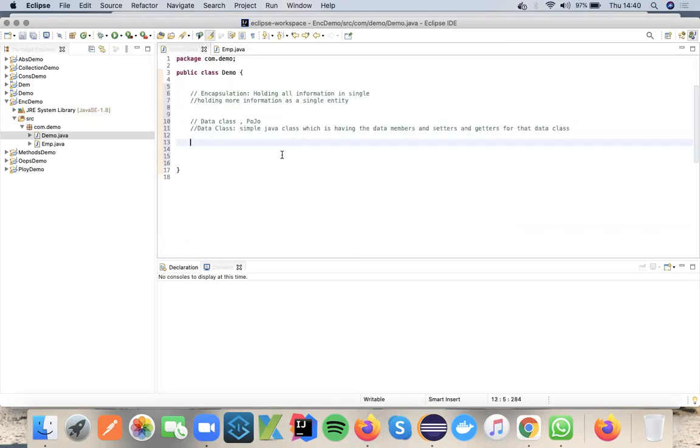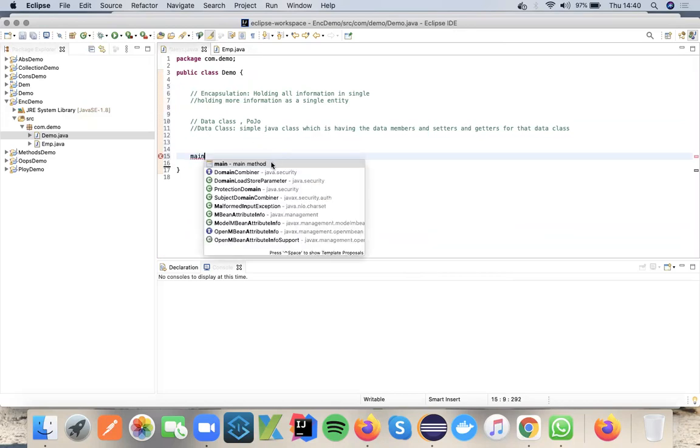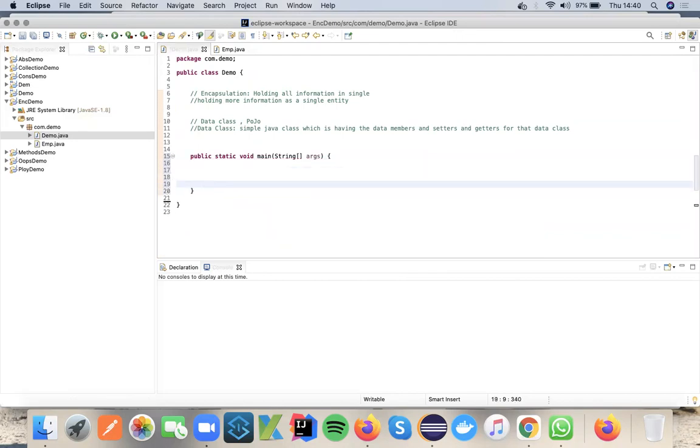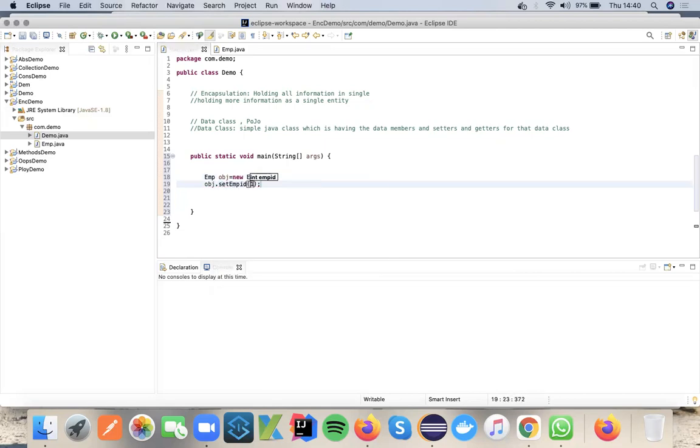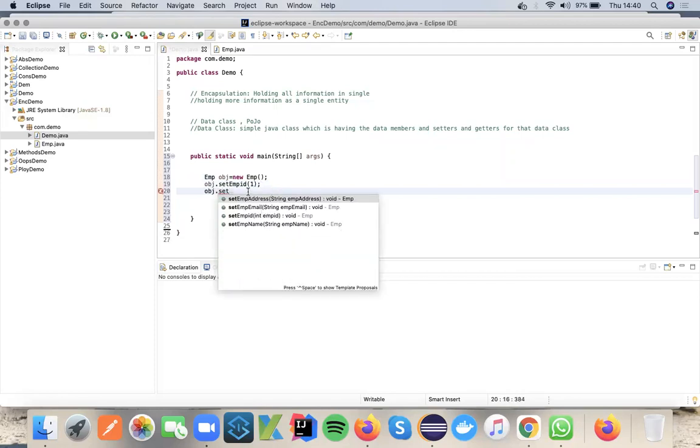Now what I'm trying to show you is, let me have the main method here. Right, so now what I will do is I will create an object for employee, emp object equals new Employee. Then object dot setEmployeeID 1, and